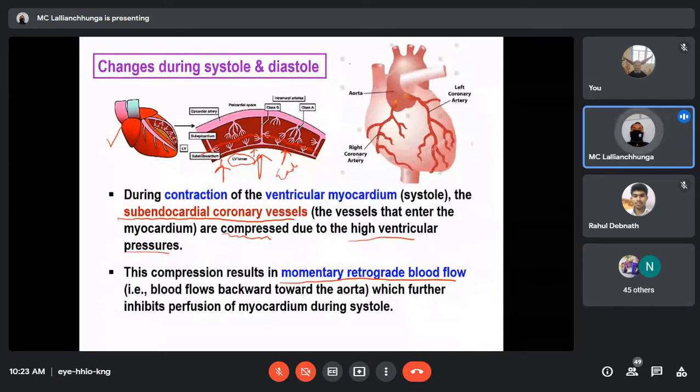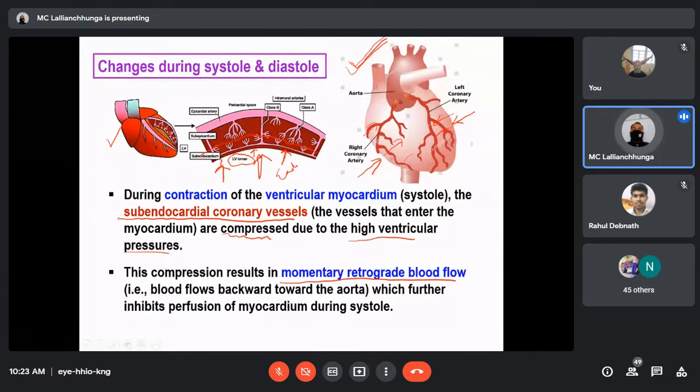Now you see the second diagram here. When there is compression, let's say compression is here, the ventricles are contracting. That means the left and right coronary arteries, as well as other arteries or blood vessels, are compressed because of the contraction of the ventricles. You see the diagram I've shown you, this dark yellow color. That means during systole, the blood will be forced out of this artery, so it will drain into the aorta.